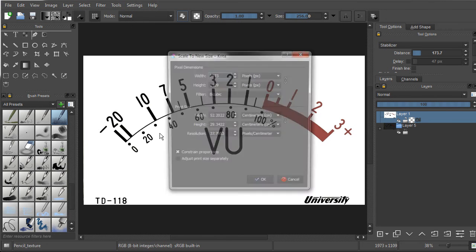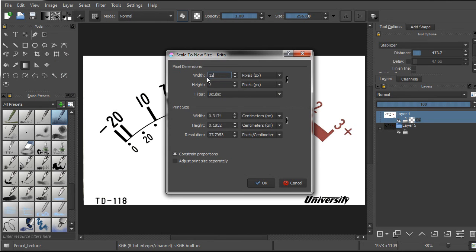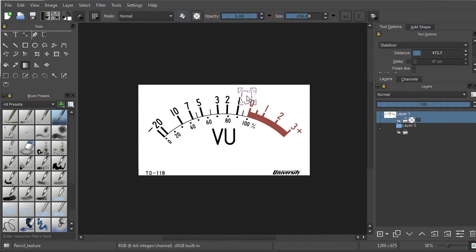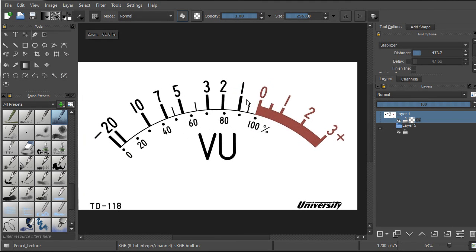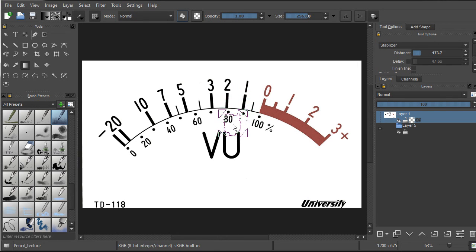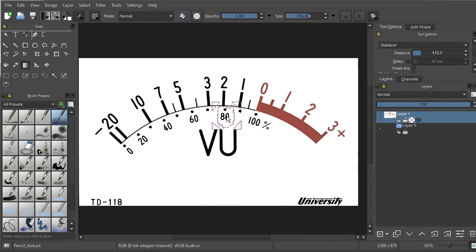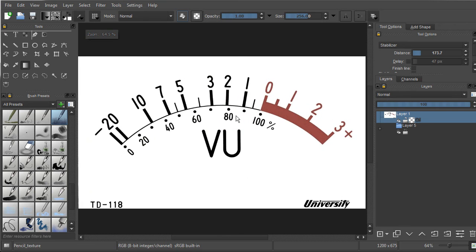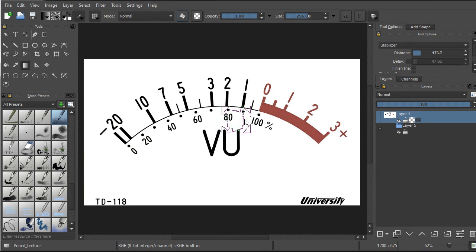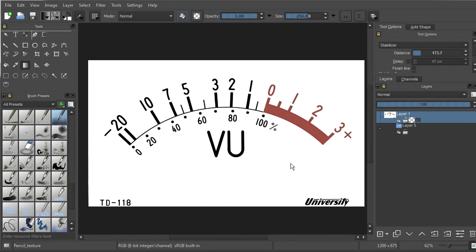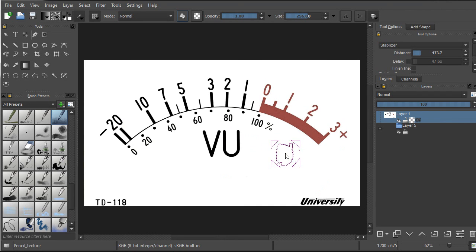Image size. As I said, this is Krita, the development version downloaded from krita.org. It's on the main page, so you can get it from there. But all the things that I'm using are completely universal